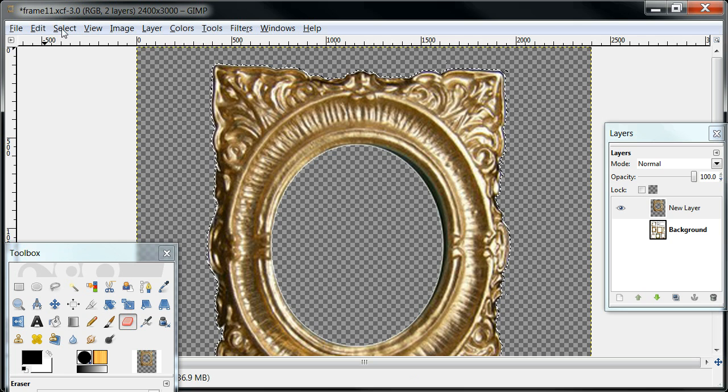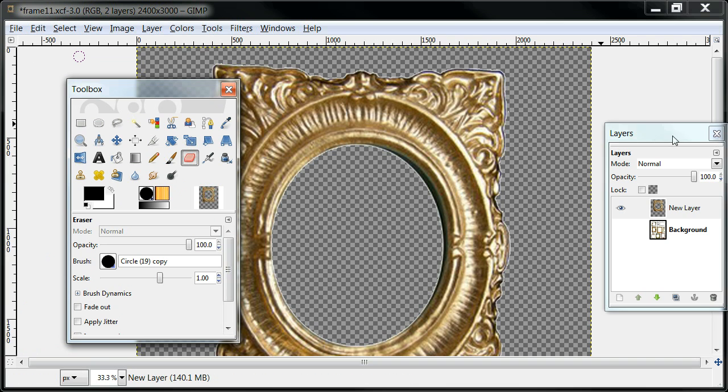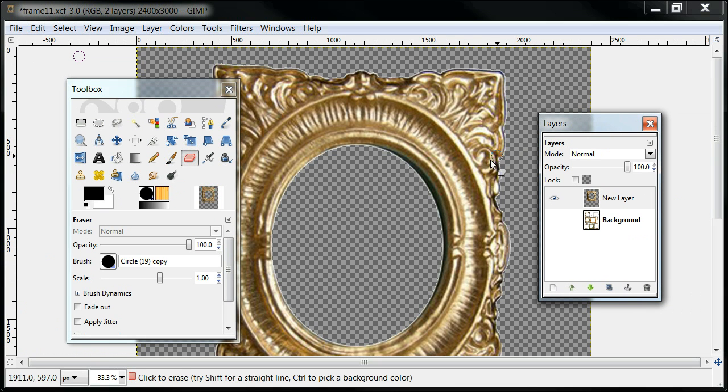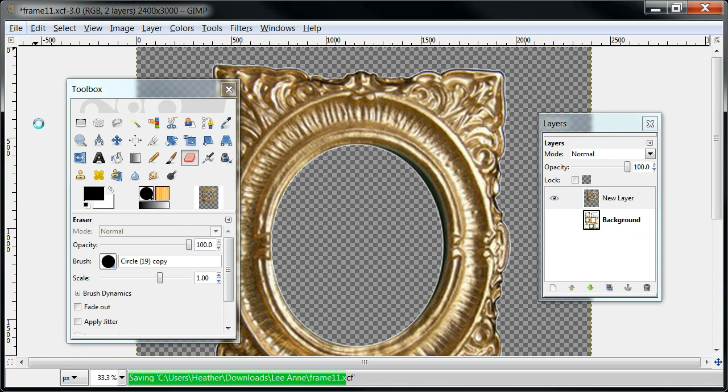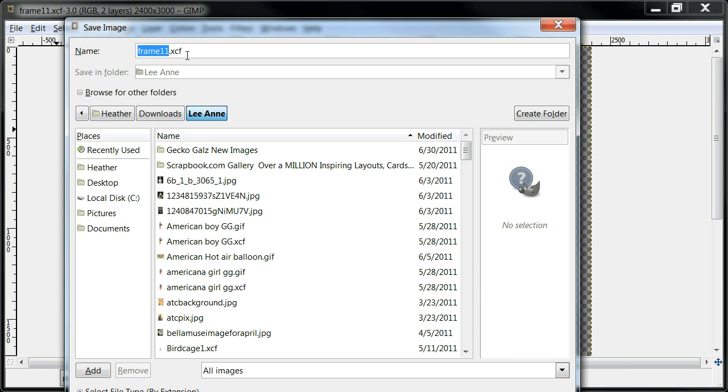So I can hit the select, none. Alright, and I think I'm going to leave this where we are. I think we're pretty good. I'm going to go ahead and save my work. And then if I want to, I can go ahead and save as, and do a GIF file,